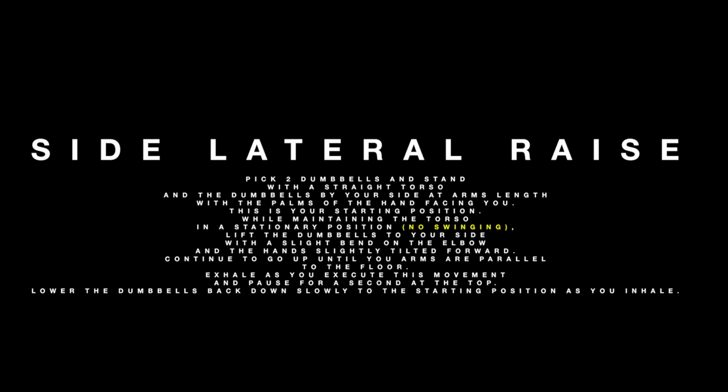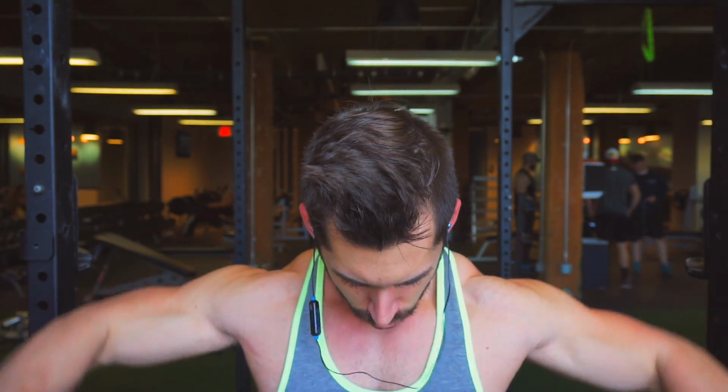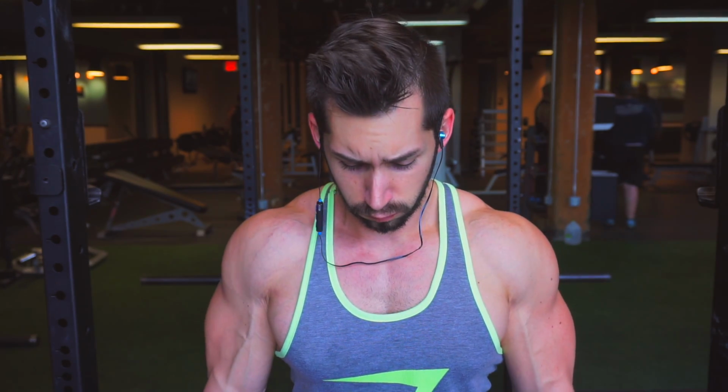Okay, pause real quick. Side lateral raises, if you want to read this form. Alright, I pause. Side lateral raises, in my opinion, are what I attribute to having more shoulder roundness, more delt roundness. Yes, OHP gives you that girth, that thickness, that juiciness, but if you want rounded shoulders from the sides and even from the front, that kind of round look to them, you want to be doing them side raises. That is what's going to build that round shapeliness to your shoulders and give you that bodybuilder rounded delt pop,